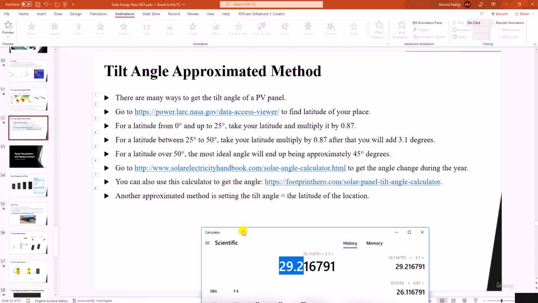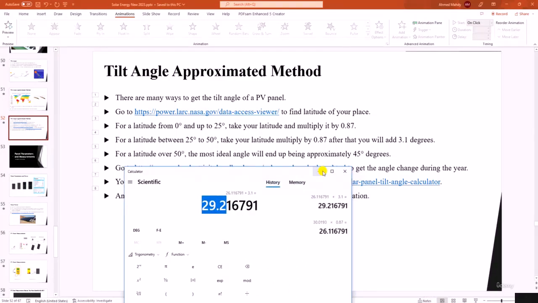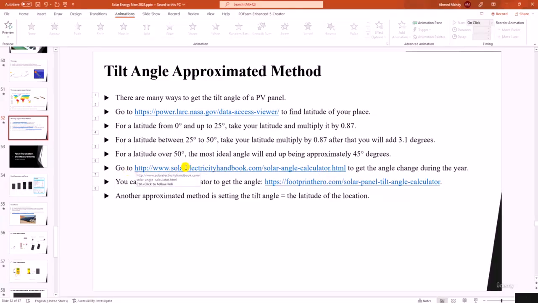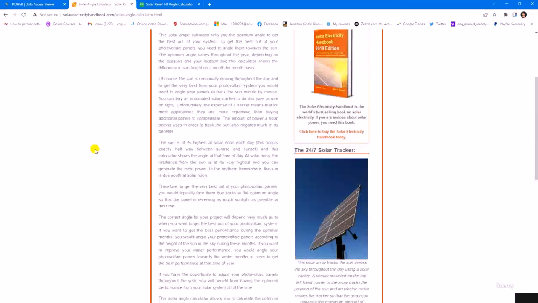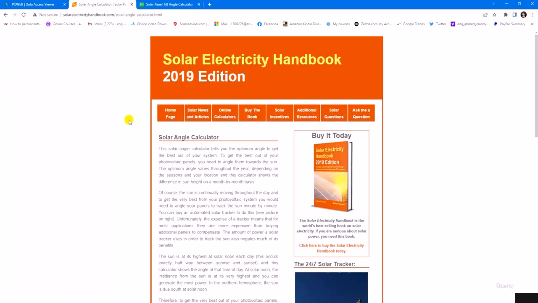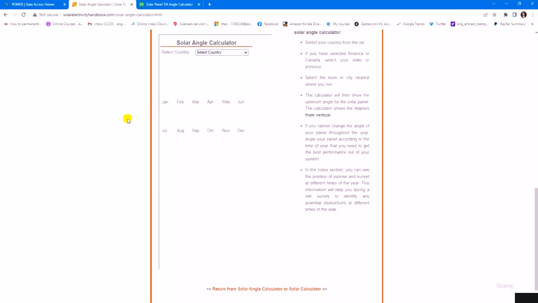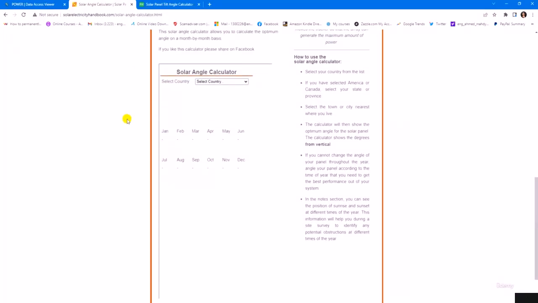Now the third way is that we can go to this website, solarelectricityhandbook.com, and use the solar angle calculator here, this one. This website can help you get the tilt angle for different months. First I'm going to select the country.